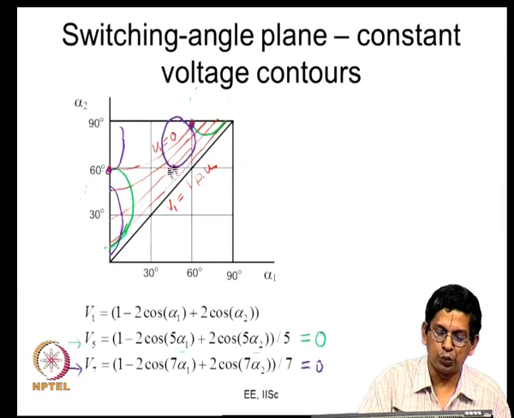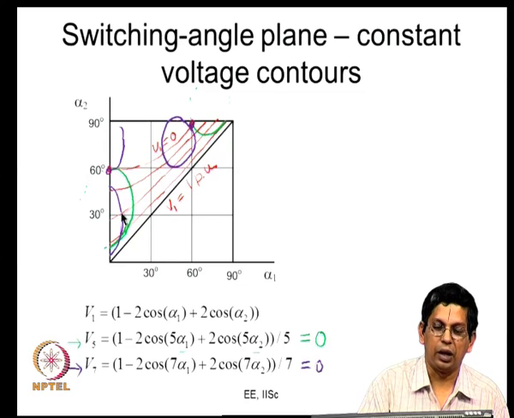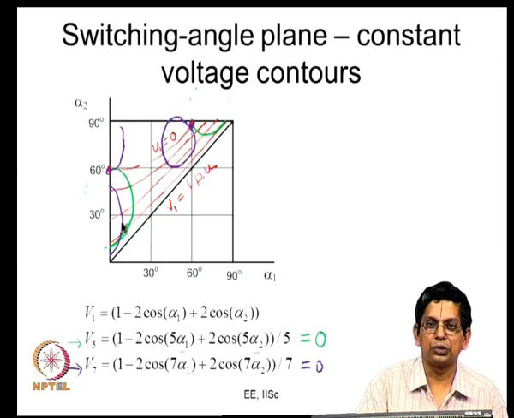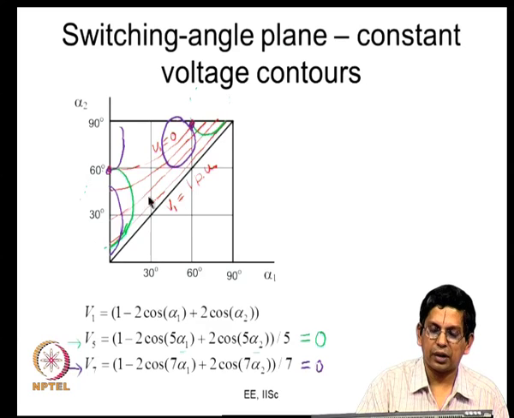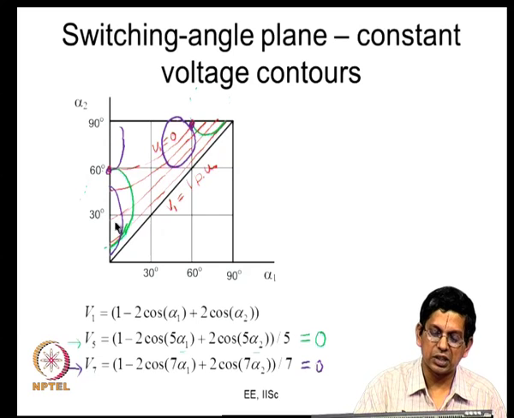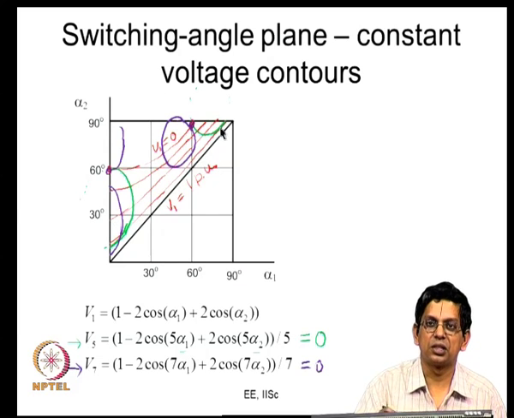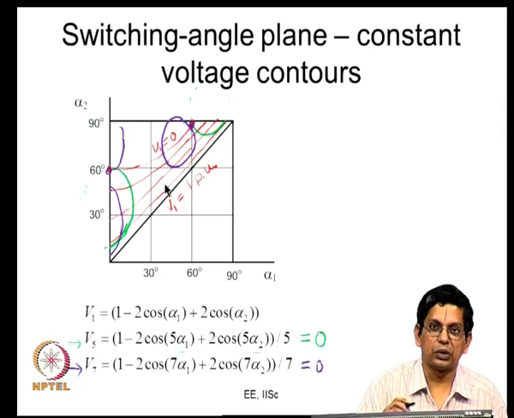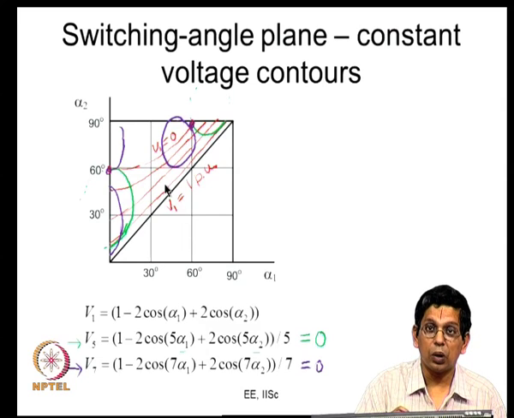So, depending on where you choose, like here or here, you can actually operate with zero fundamental, fifth harmonic or zero seventh harmonic. Similarly, it is also possible to look at where the 11th harmonic is zero, where the 13th harmonic is zero. It is also possible to look at certain combinations of harmonics and see, you know, square root of V5 square plus V7 square is low. Many times what is done is the weighted THD of voltage is considered to be low, that is also done at times now. So, now what are we trying to do?